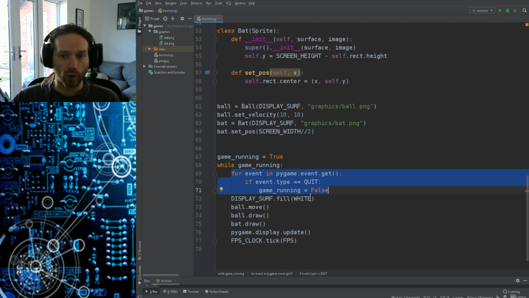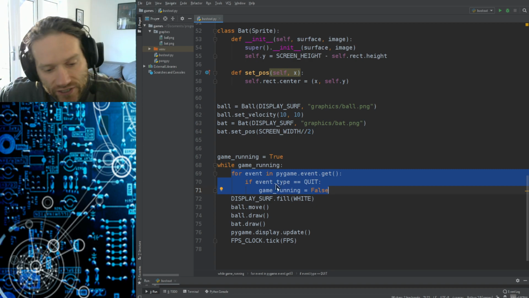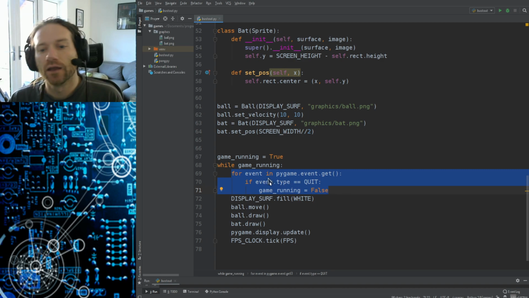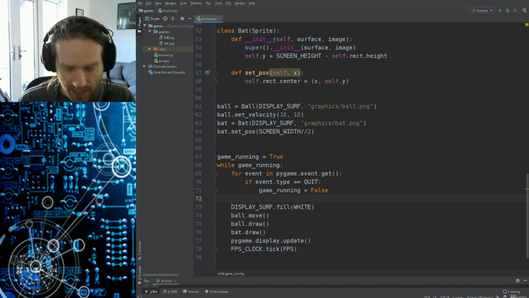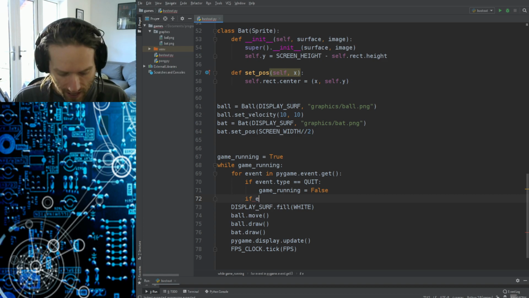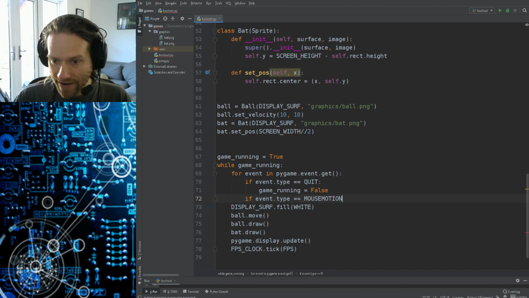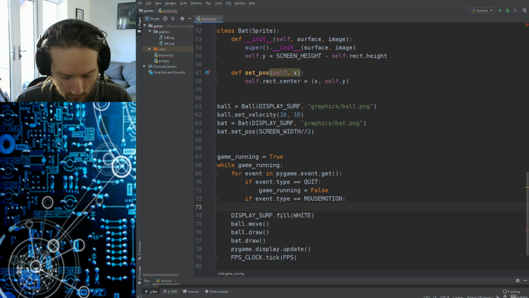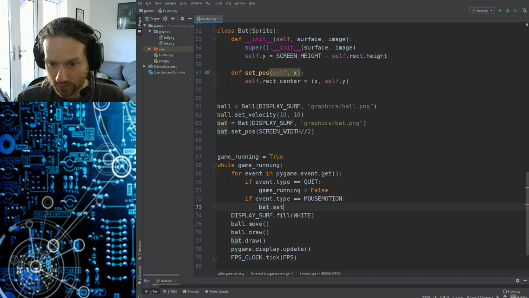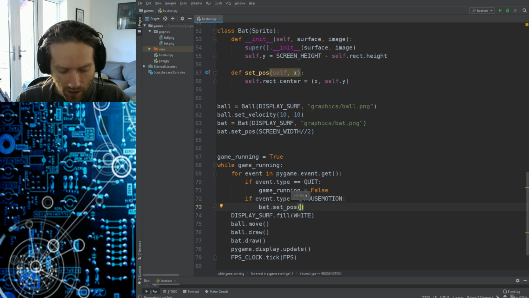If they've moved the mouse, what we want to do is update the position of the bat based on the position of the mouse. Okay, so we're going to make a slight modification here. We're going to say if event.type equals mouse motion, what do we want to do? We want to set the position of the bat. We're going to say bat.setPos, and the only thing that we need to pass to it is the position of the mouse, the X position of the mouse, and that is easily got if you go